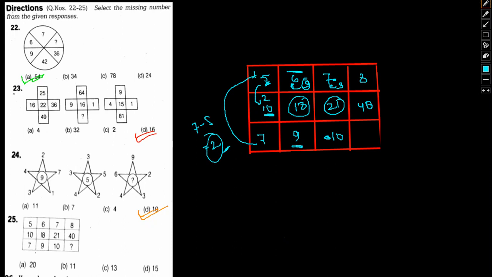So now what we have is 8 and 40. So 8 should be multiplied with 5, and as you can see, 9 and 10 are greater than these numbers, 5, 6 and 7. So we need a number that is 5 greater than 8, so that is 13. 13 minus 8 is 5, 5 into 8 is 40. So option C, 13, is the correct answer.